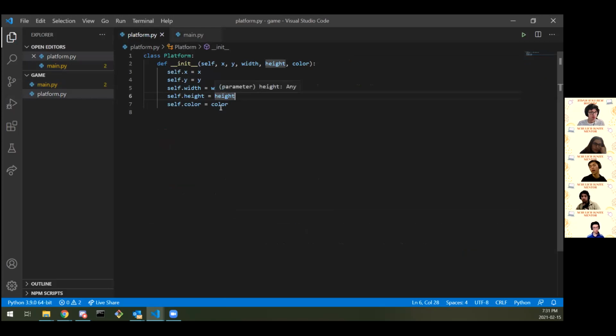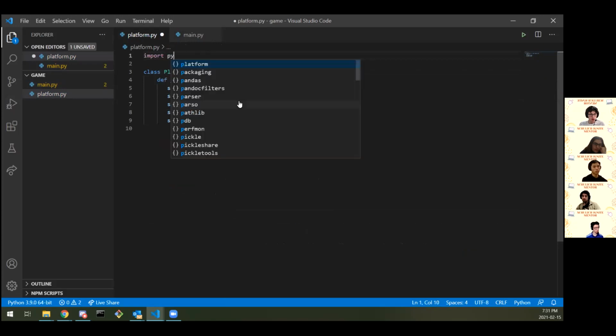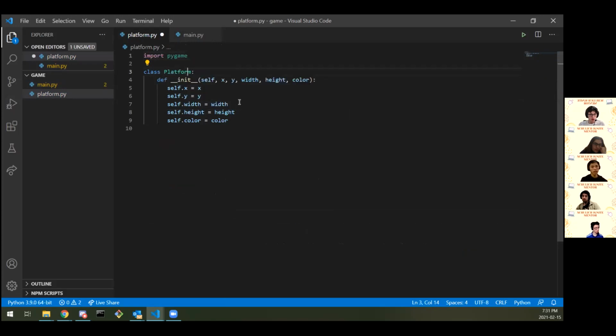What I wanted to go and highlight is that rather than just simply posting in the coordinates directly here, what if we clean this all up? I'm going to go and use a Pygame rectangle. Imports, Pygame. And I'm going to stick with this. X, Y, width, height, color. I'm loving it. I'm going to go and replace this with